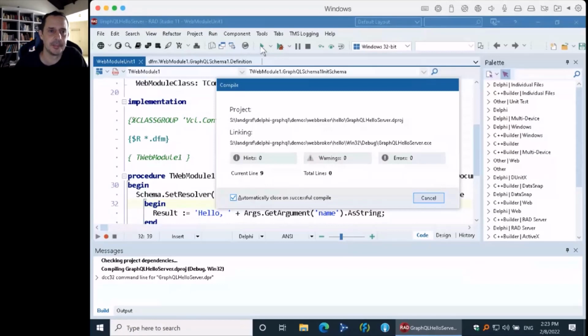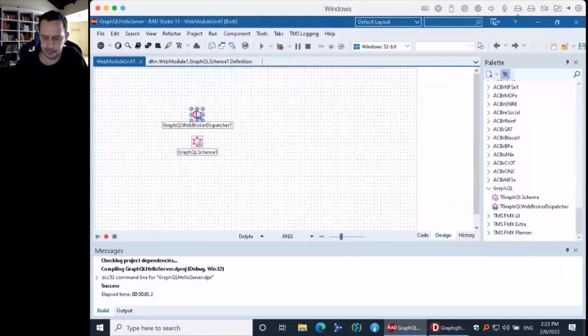And an extra thing. Here in the web broker dispatcher, we have the option to enable playground.